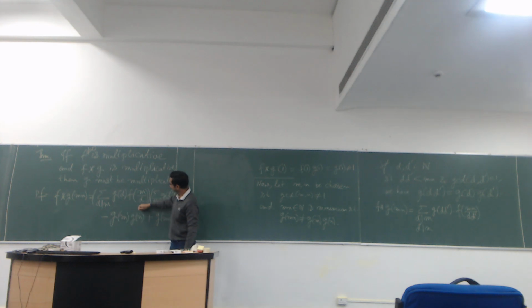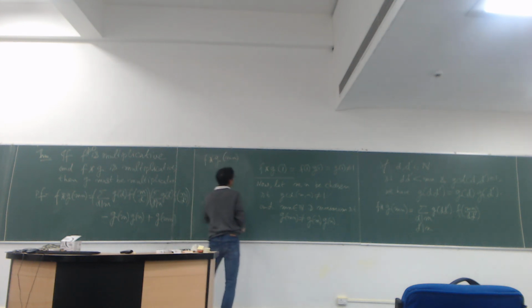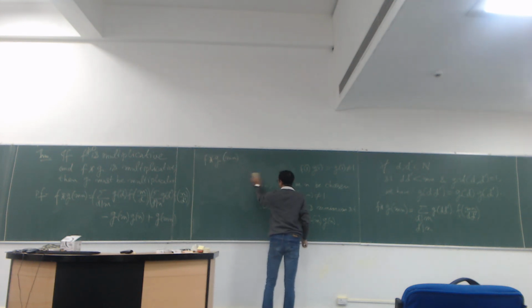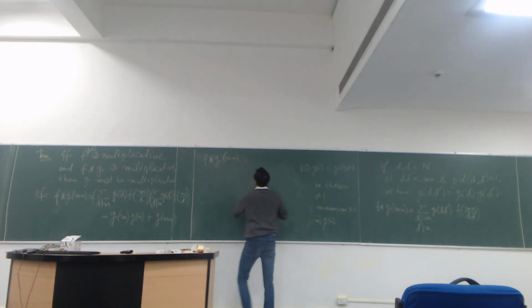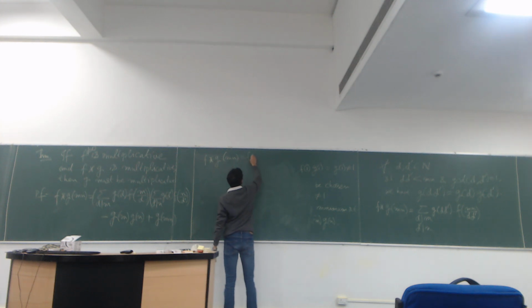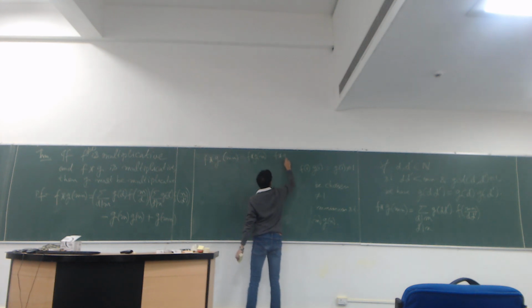Now, can you tell me what is this thing? The first expression? This is g star f or f star g at n. And this is the same thing at n. Right? So what we are doing is that f star g at n is f star g at n times f star g at n